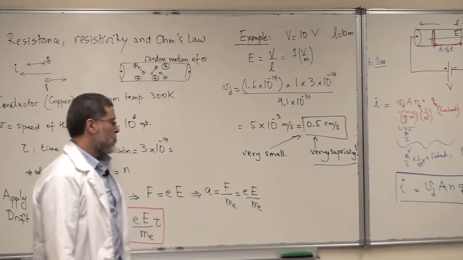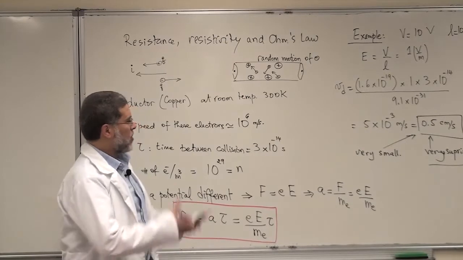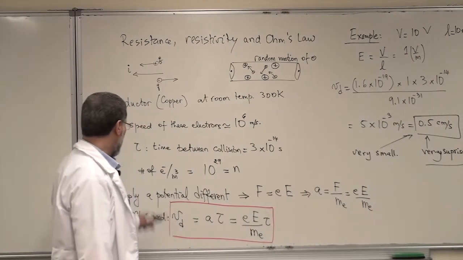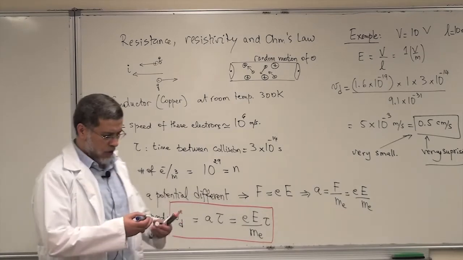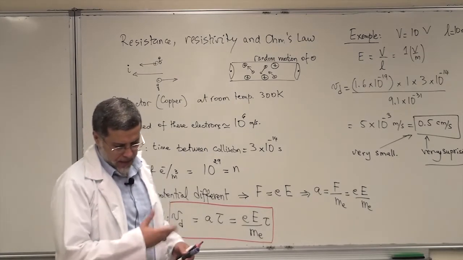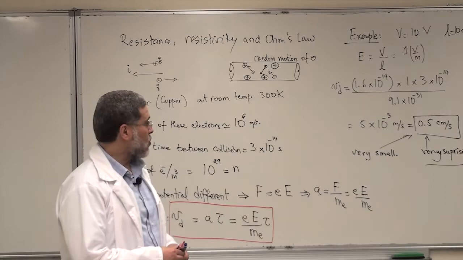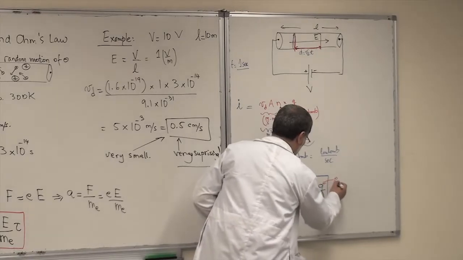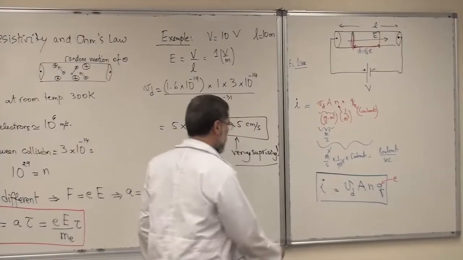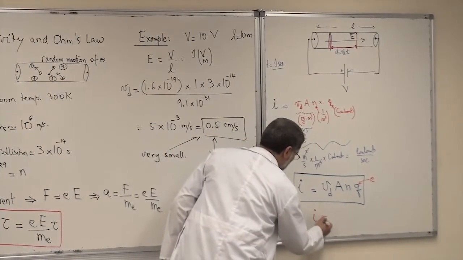We have the V drift, the drift velocity, times the cross-section area, times n, the number of electrons per meter cubed, times q, the charge. The charge of the electron, of course, is e. I can change this into e. This is the charge of the electron. So the current will be, in this case, V drift,